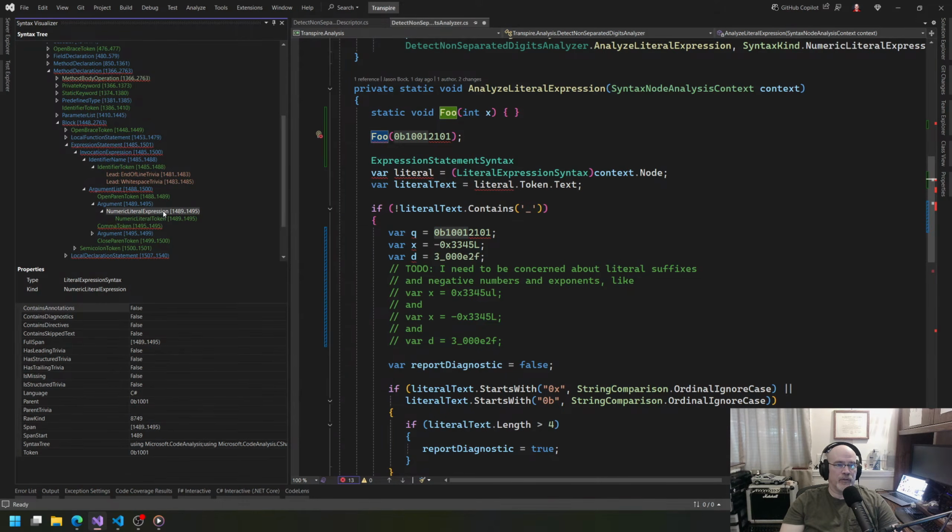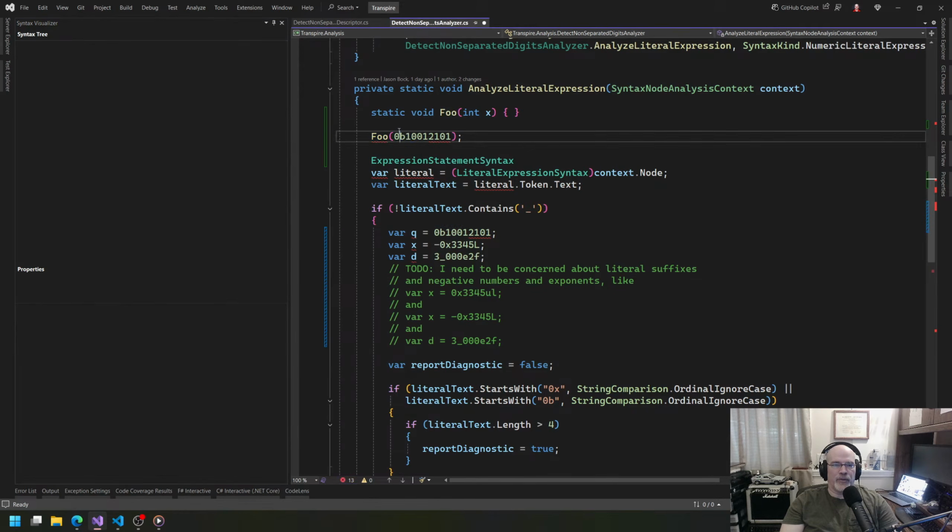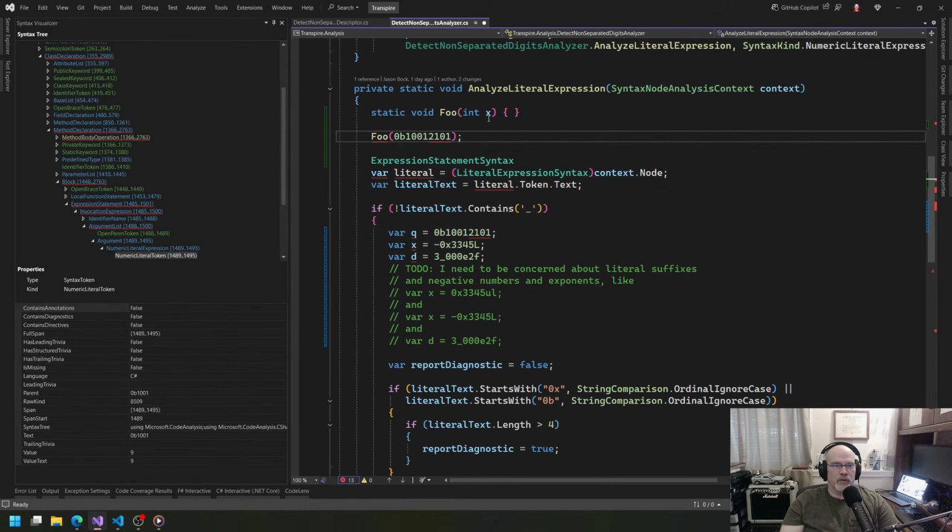It's not showing up on the numeric literal expression. Here it'd be showing up on the argument list, not even the argument itself, because the argument it thinks is this. Once it sees the 2 here, it's going, well, the 2 is not a part of a binary, if you're using the binary format. So it stops and it says, well, this is the numeric part of it. The rest of this is